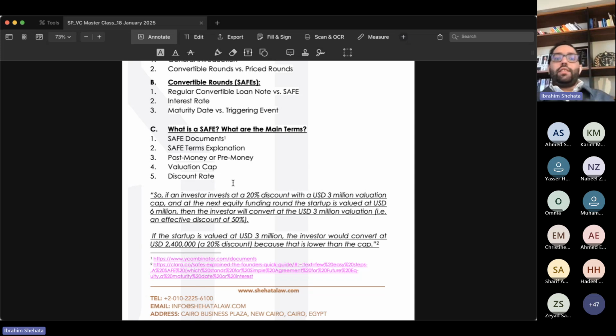When SAFEs were created, they were called pre-money SAFEs. I don't remember the exact date, but the current version is not a pre-money SAFE, it's a post-money SAFE. That's an important thing to talk about. What is a post-money SAFE and what is a pre-money SAFE? A pre-money SAFE means basically, and I'll try to talk in layman's terms as much as possible,